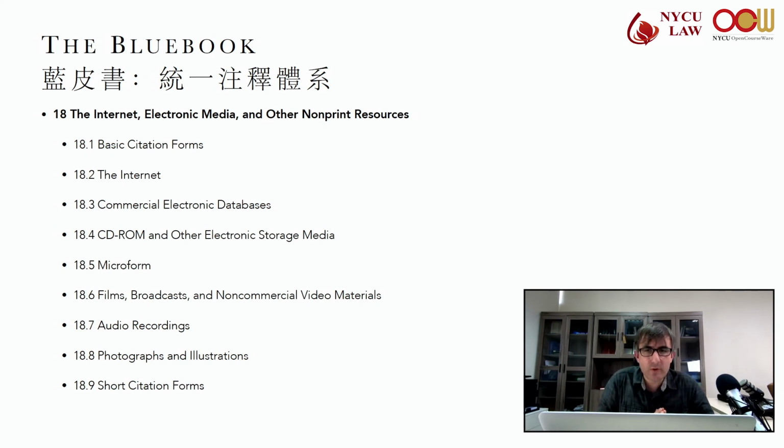Short citation forms for Rule 18.9. For the internet, when citing a previously referenced internet site, you can use supra, the last name of the author, if there's an author, or the title or description of the document. You can use id if it makes sense.